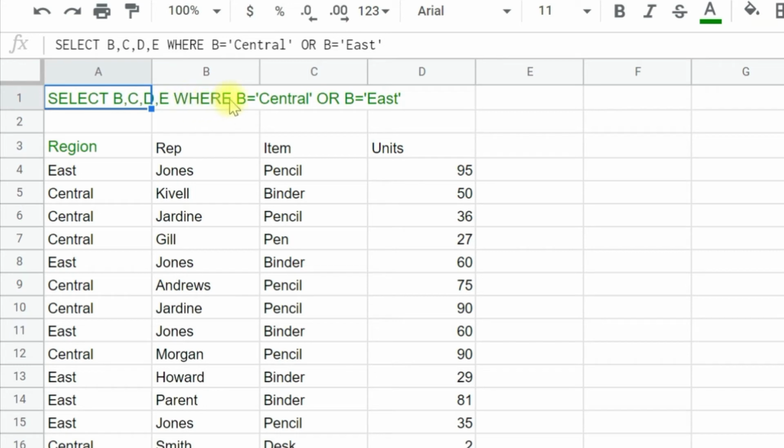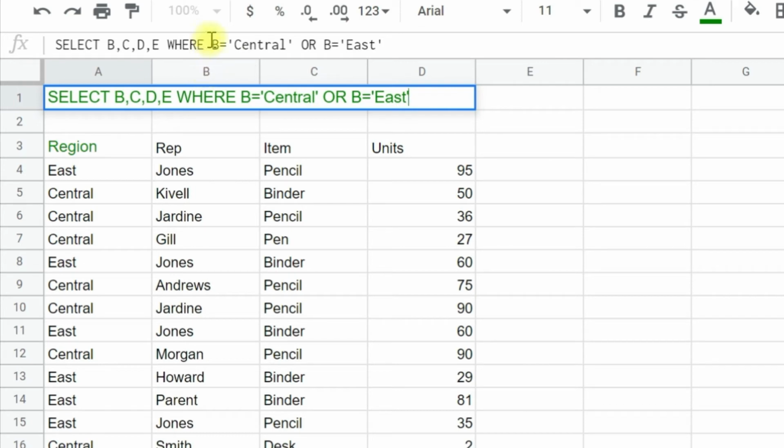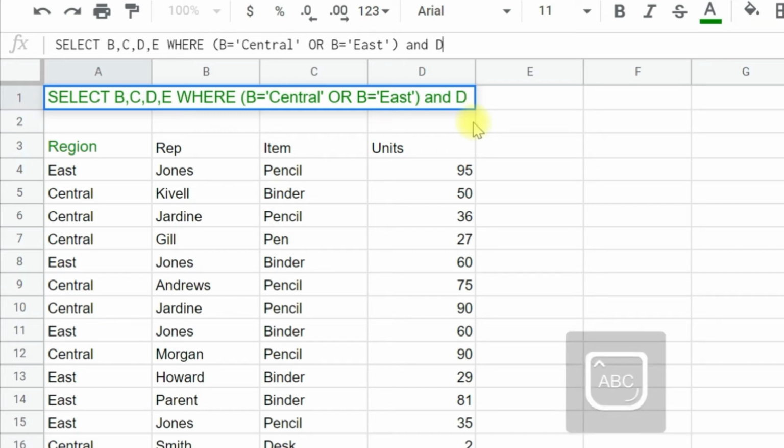Now B is central, and now we'll put a parenthesis so that we can add another operator. The OR condition between central and east is fixed under the parenthesis, and we apply another AND operator and say that the D item is pencil.